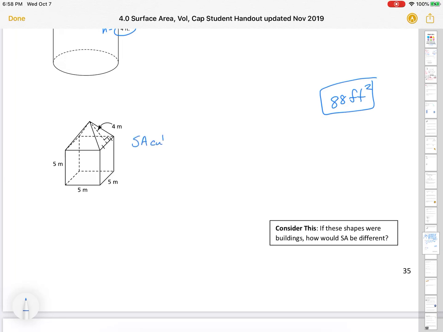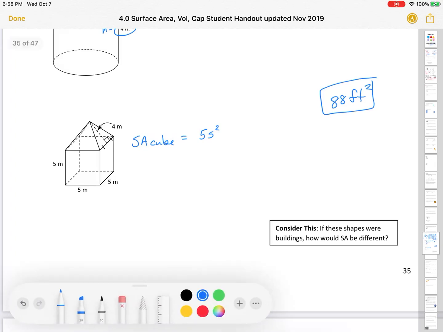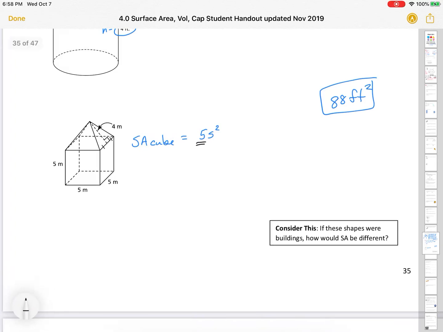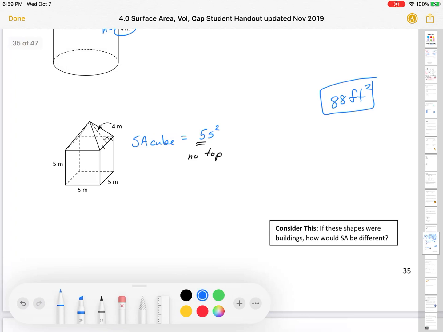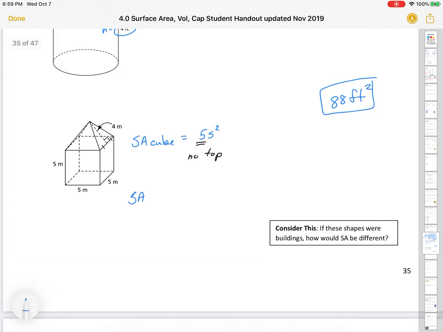This is a cube with a roof. So surface area of the cube is going to equal 5 side squared. Why is it 5? Because we don't have a top. Normally it's 6, right? So it's only 5, no top. Okay, we know our side, so we can substitute that in. The surface area of the roof,